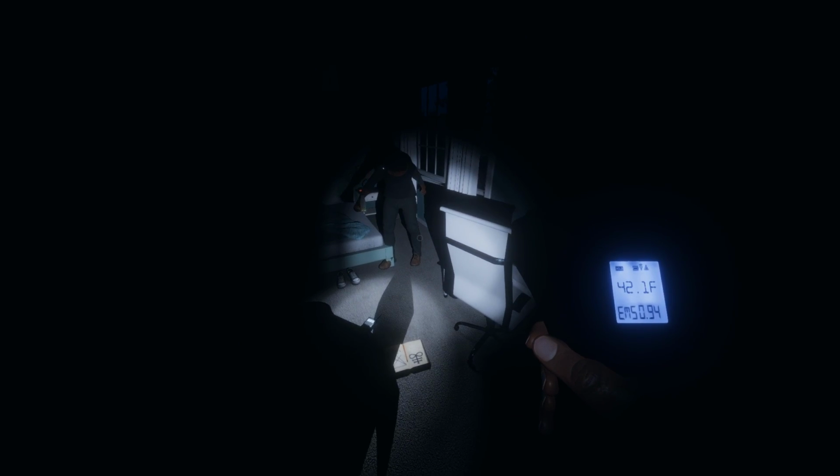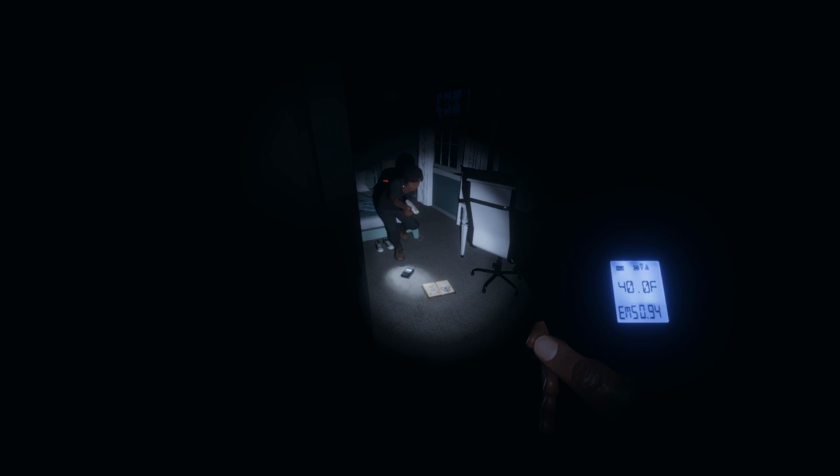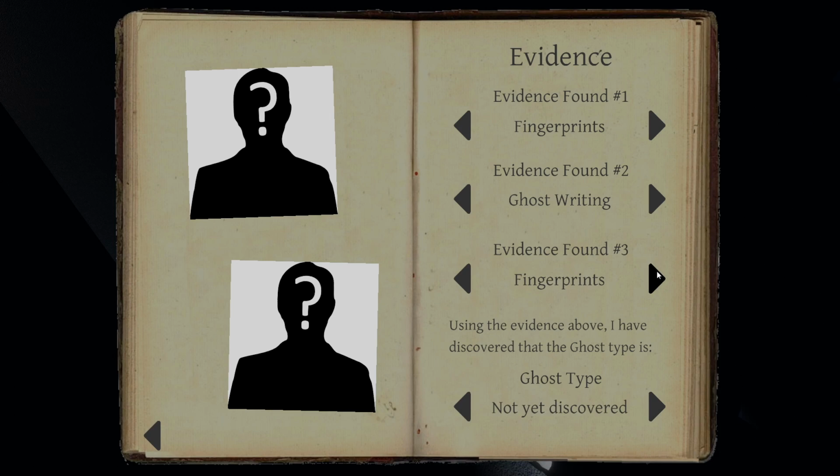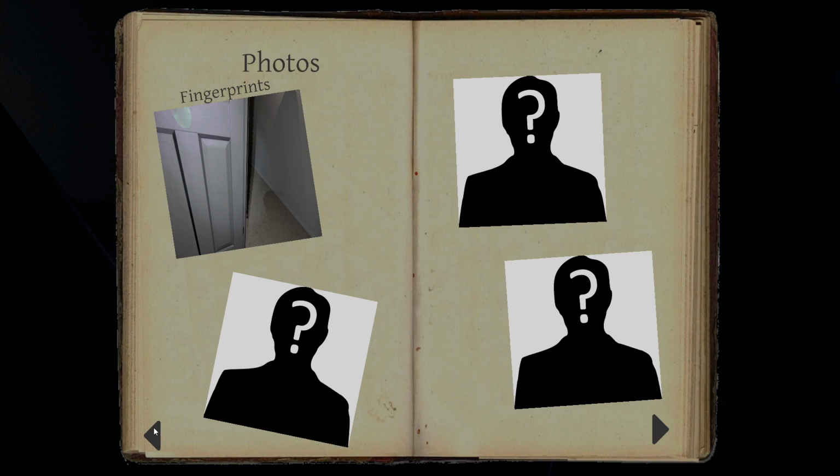EMF 5 will only register with ghosts that have that as a trait. There is a 25% chance that a typical EMF 2 reading will appear as 5 instead. This allows you to collect this as evidence. Besides being useful for determining ghost traits, it can also be useful in conjunction with our next piece of equipment,